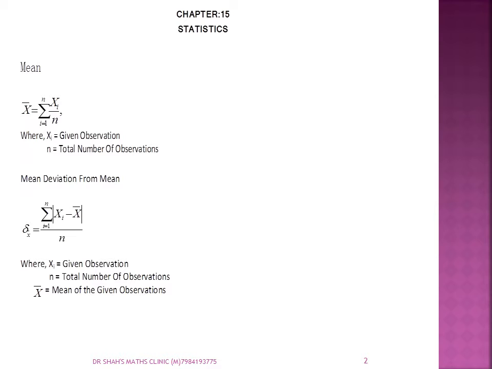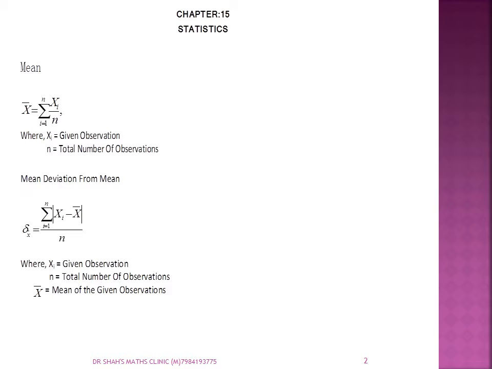Here we have considered modulus. Why modulus? Modulus means we have to take the positive difference only. Sigma means addition. Modulus means here we are going to take positive differences only. Although if the difference comes out negative, we have to consider it as positive since it is modulus here.